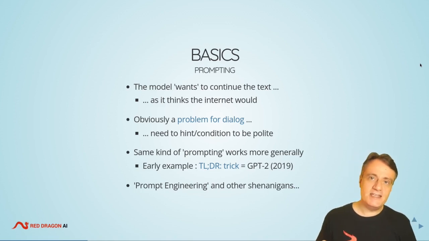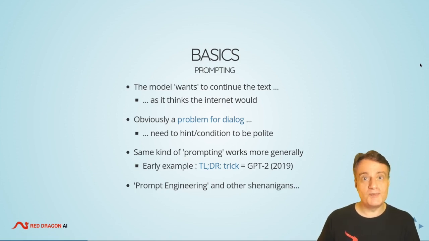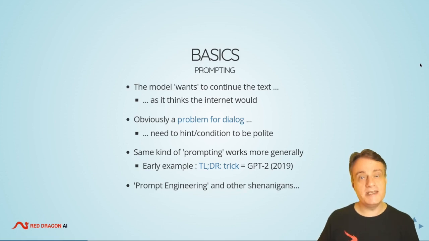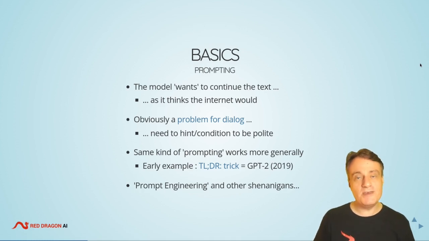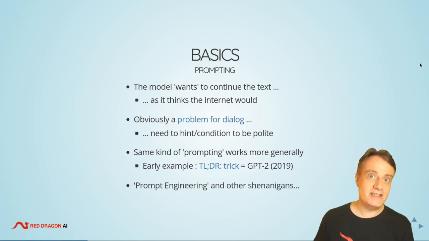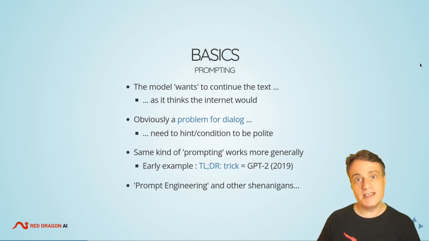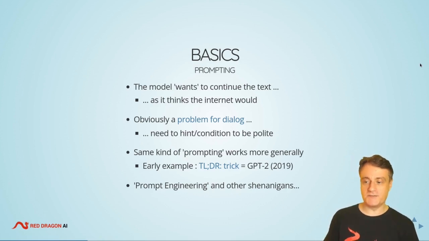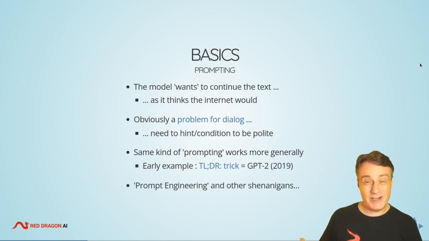So the idea here is we're going to condition what the model says by prompting it how to answer, by essentially making it believe that the text it's generating is coming from a much politer area of the internet than average, right? So in that sense, what we're going to do is give it a prompt which helps it come up with something suitable for customer interactions. On the other hand, this is not really a control, this is just a good hint.